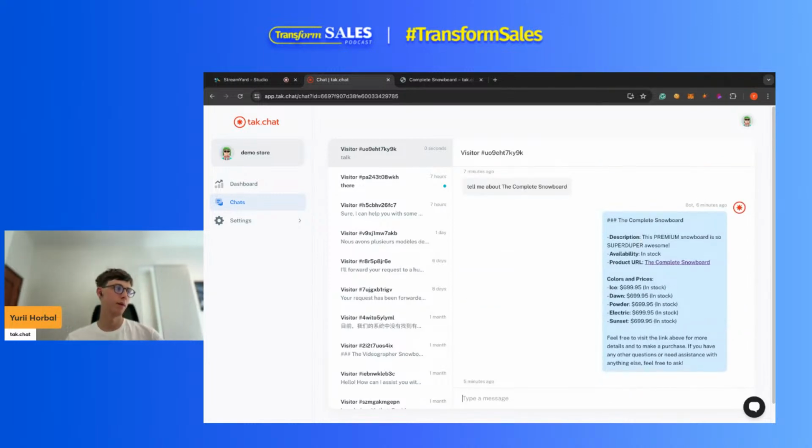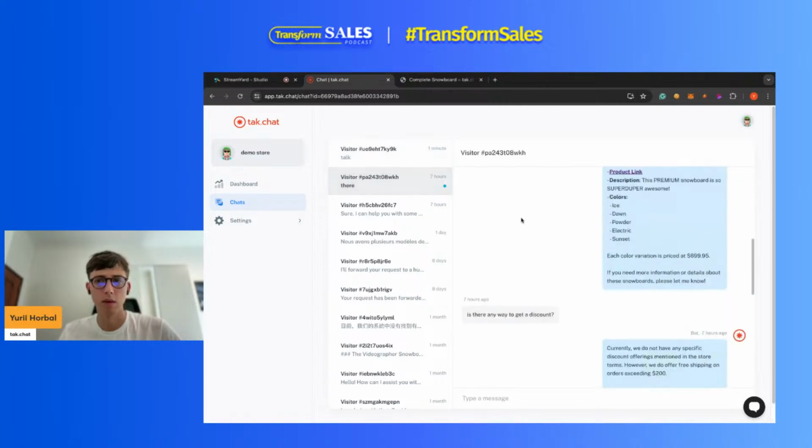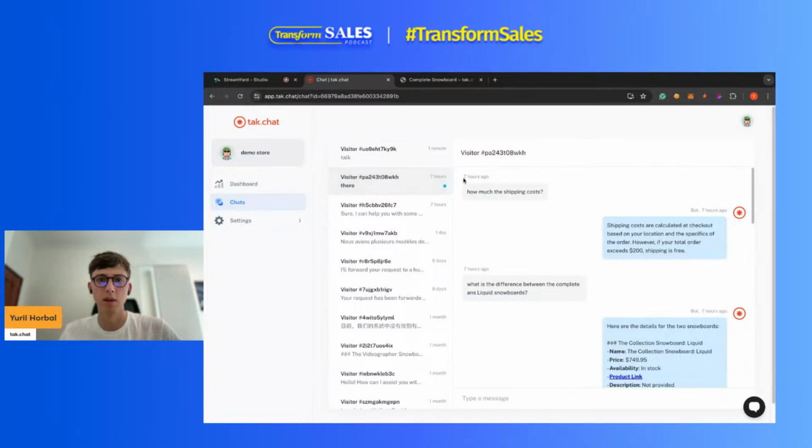I know that a lot of our competitors charge for the conversation, but I believe this is more clear. For now, I don't see a reason to switch to another business model. But if I talk to more customers who understand that this business model is much better for them, maybe I'll decide to switch. But for now, I don't see clear reasons for that. And in here, basically, you can check all the previous conversations.